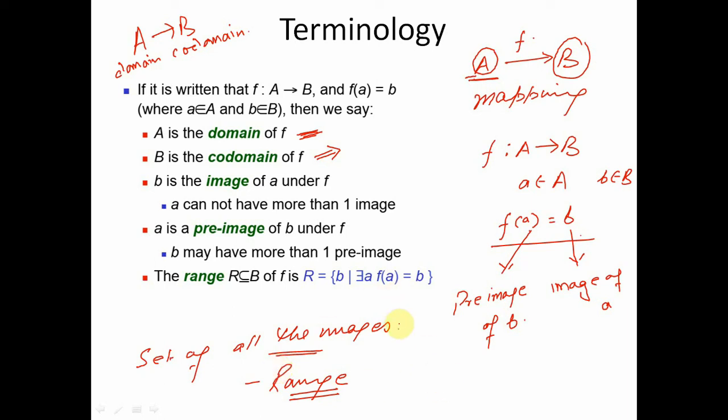Say for example, let us say A is equal to {1, 2, 3, 4}. And let us define the function mathematically. Let us say f of a is equal to a square. So the range, I'm not defining the codomain over here. Now what will be the range? Range of the function will be {1, 4, 9, 16}. The set of all the images is called the range. Let's proceed.